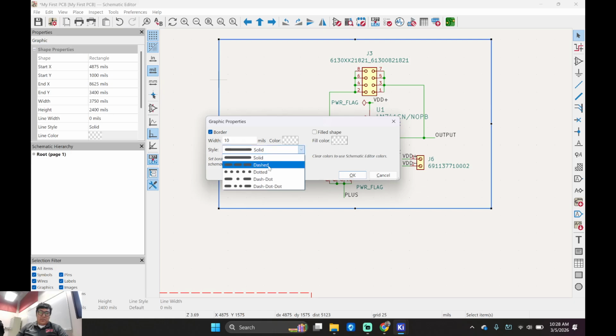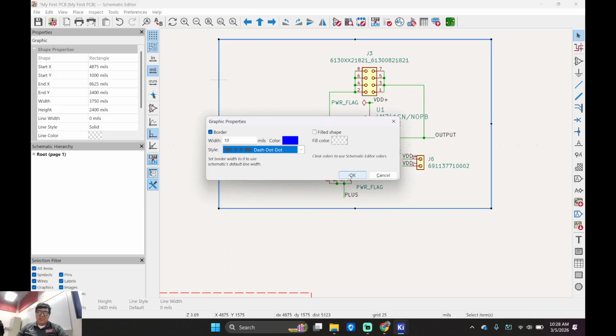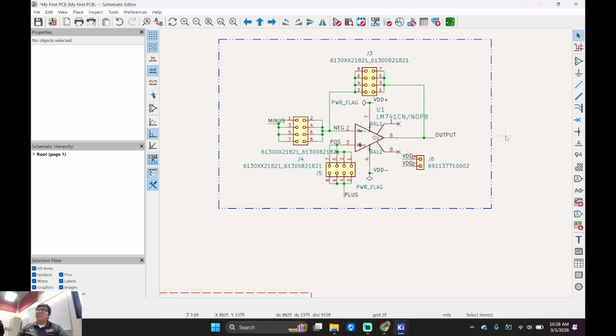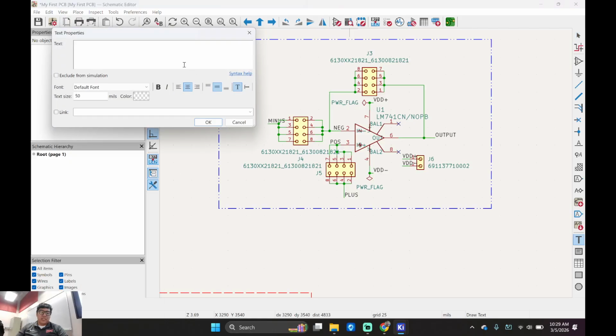And then I used, let's use dash dot dot. Okay, color. Let's make it blue. Does that bother anybody? All cool, right? And then you're going to do this. Let's put this text. Place text. My universal op amp tester. Okay.